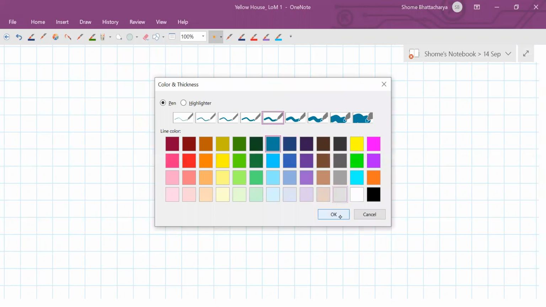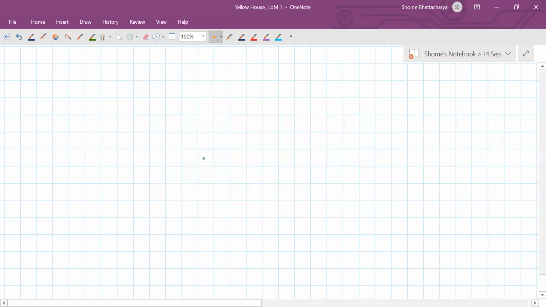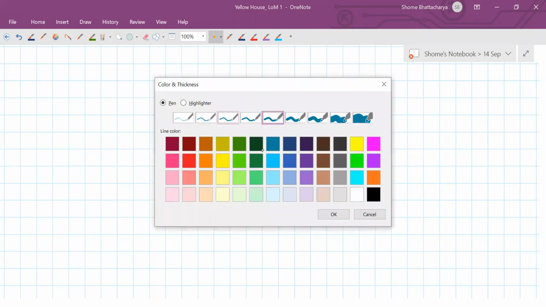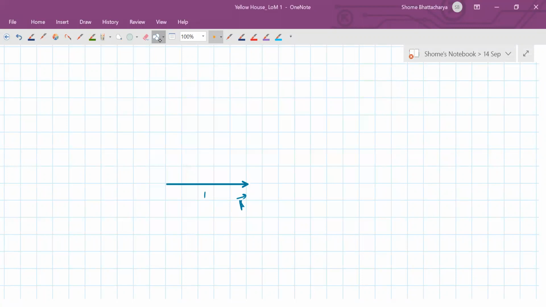If I start with the vector E, it's a vector of magnitude 1 unit. So let's say it's like this along the x-axis. So this is my vector A, magnitude 1. Now on this I have to place the vector B, which is at an angle of 120 degrees to it, but of magnitude 2.